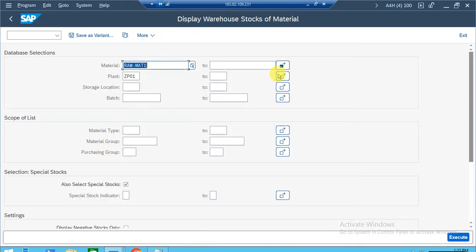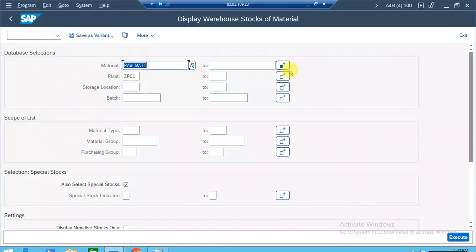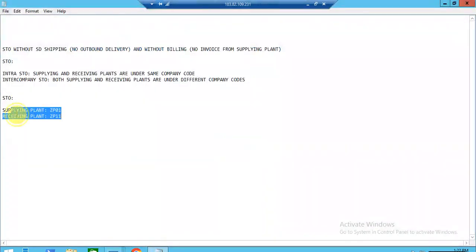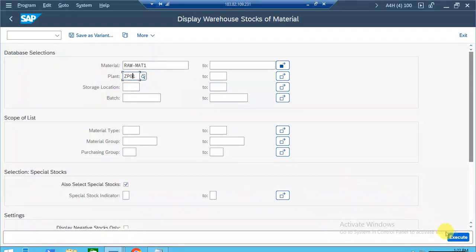Click on execute, and here I will enter plant ZP01. Here ZP11 is not required. Why? Because what is our supplying plant? Our supplying plant is ZP01, right? We are transferring stock from the supplying plant, so we just need to enter the supplying plant code. If you click on the execute button,